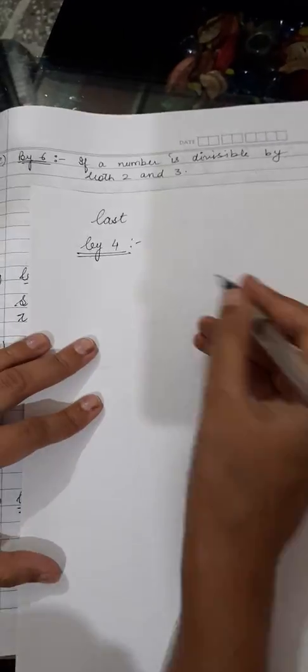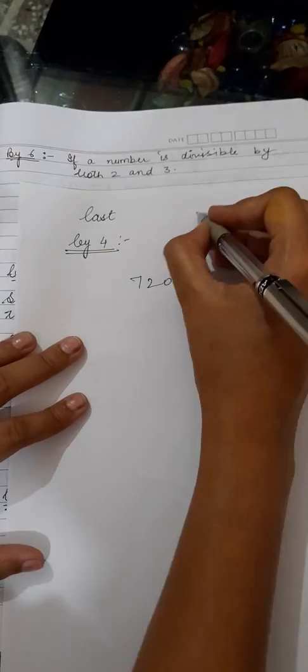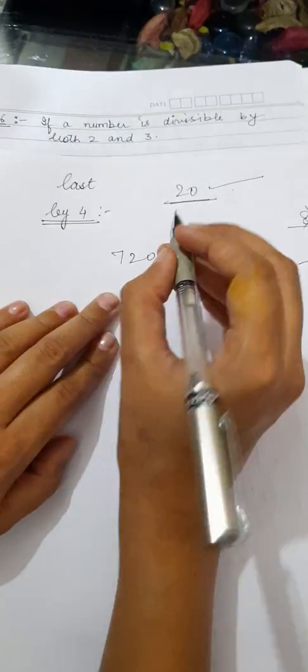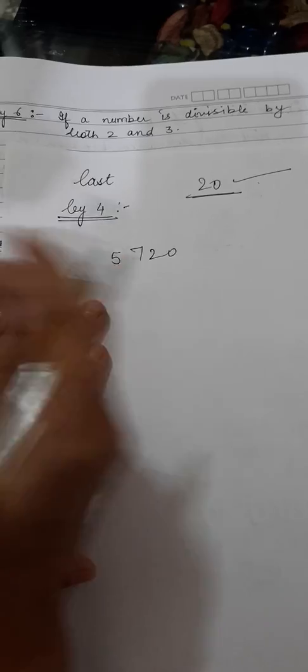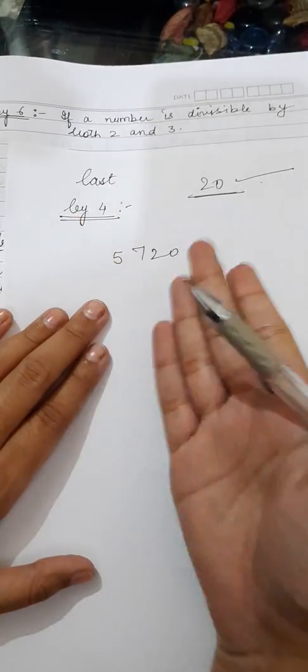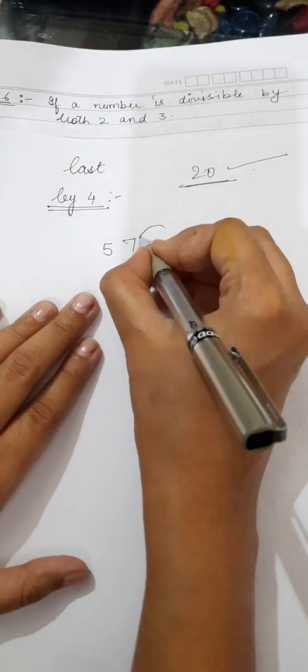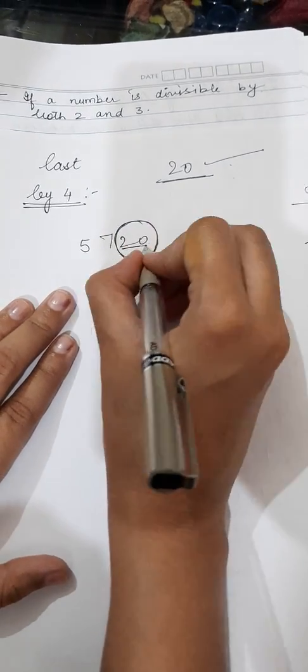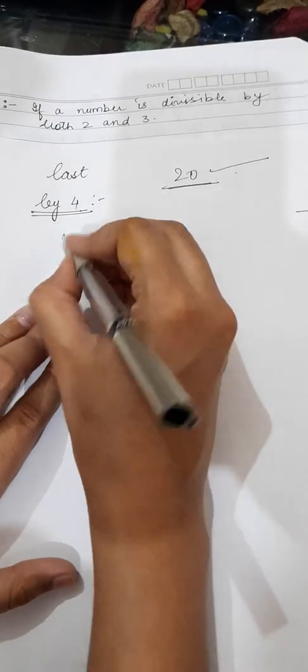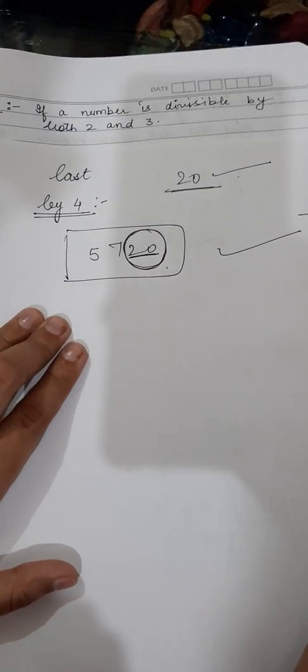For example, it is 720. 20, you know that 20 is divisible by 4. So for 2 digits you can use the actual division. Now for 3-digit numbers you are going to use the rule. Now what is the rule? When 3 digits, or I can write 5 also here, 3 or more than 3 digits are there, you are going to check the last 2 numbers. If the last 2 digits are divisible by 4, that means this complete number is also divisible by 4.